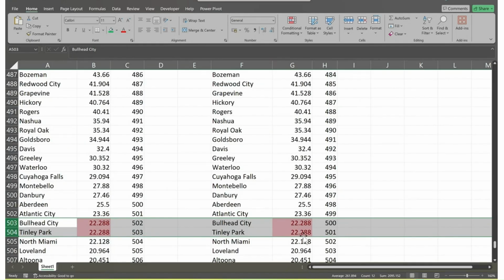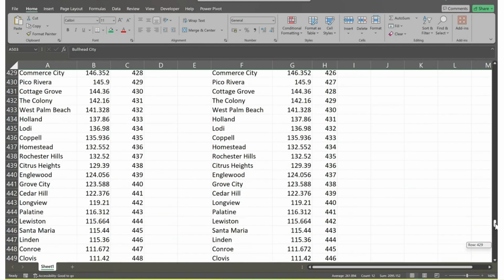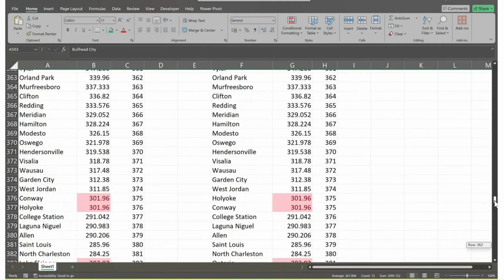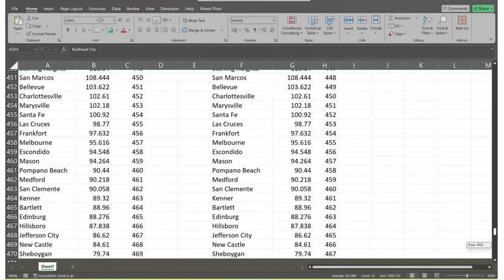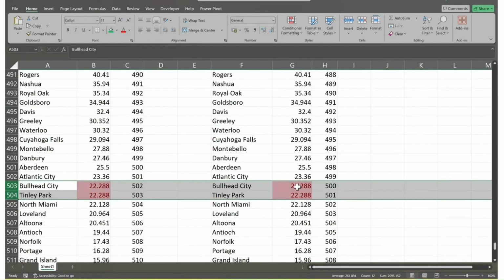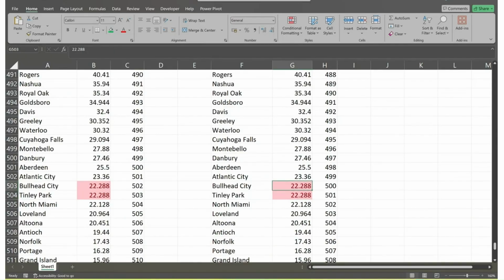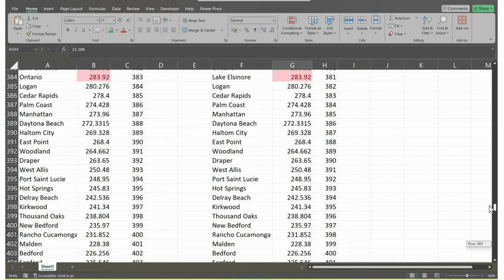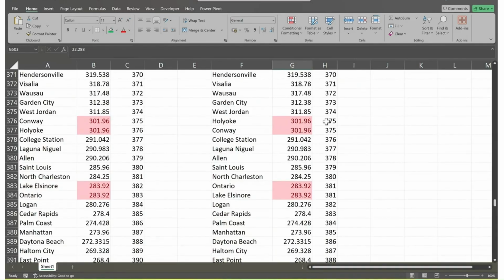I think here there will be some fraction number, but here it is working properly. 375, 375, 381. Yeah, there is some decimal number presented here, that might be the reason, forget that. But here it is showing the three, it is assigning the same rank. It is assigning the same rank for 381, 381,